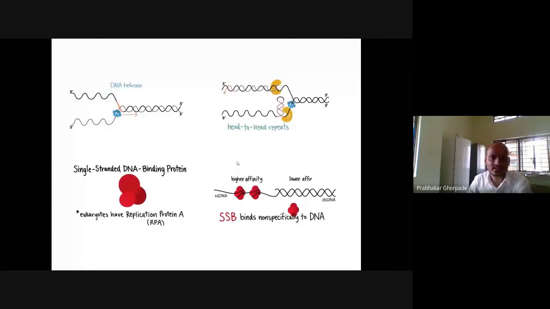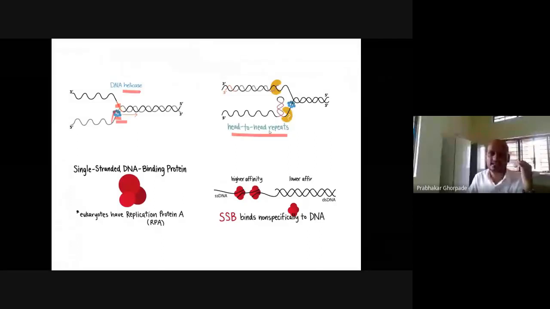And this DNA helicase basically requires a single strand. Okay, single strand. It acts around the single strand. So this strand is the track, and it goes and unwinds this DNA. At this junction it breaks and opens up the two strands. So head-to-head repeats can happen. This strand is replicated, so it repeats on itself, right?